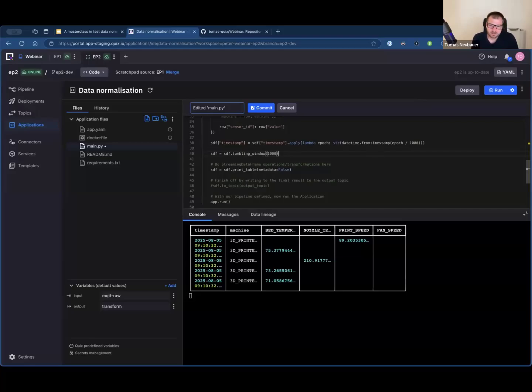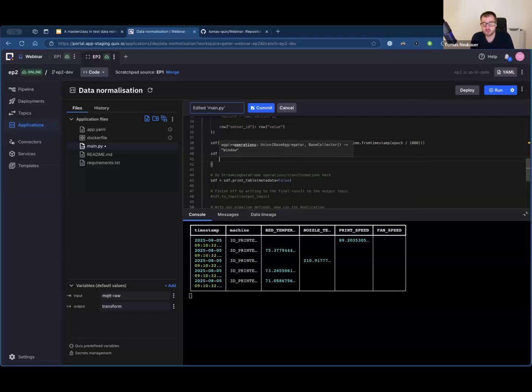Because if you drive the timestamps with a tumbling window, you're going to have nice rounded timestamps, and that is much easier to work with when you are plotting them or doing any sort of aggregations later. So here we're going to aggregate, and here we have to, for each column,